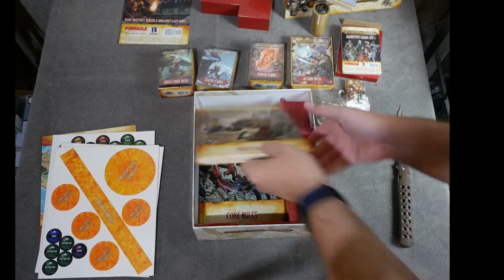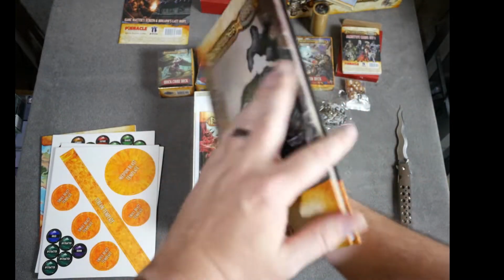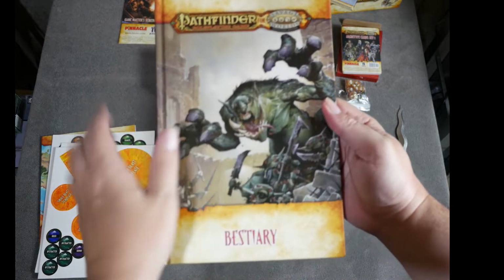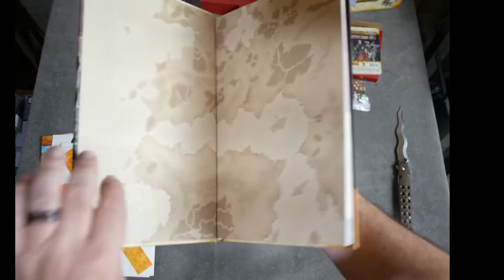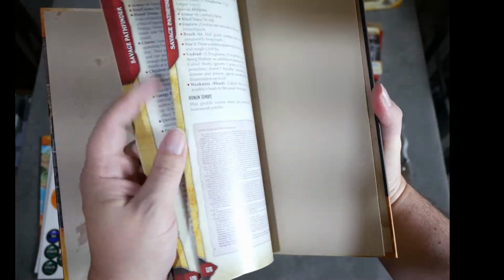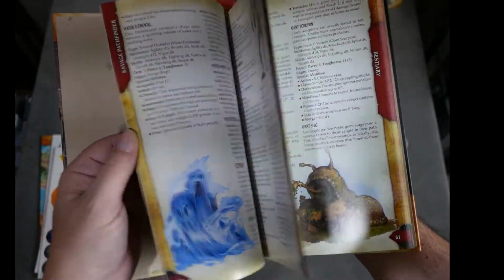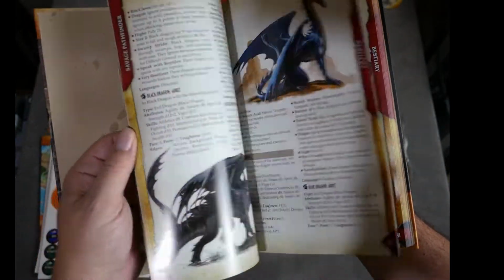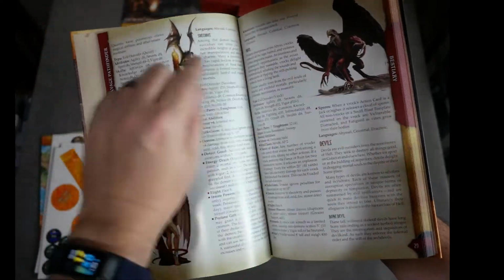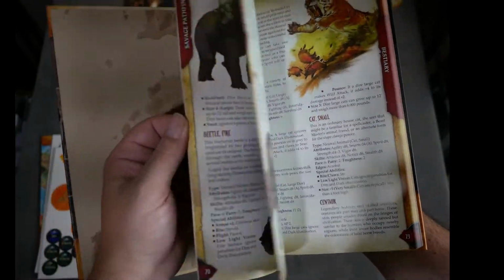The books, okay, they're hardcover books. That's nice. They're in the standard Savage Worlds size, which again is a little bit smaller format compared to like the actual Pathfinder books. Here's the bestiary. 128 pages. It's got all the Pathfinder art. It looks exactly like, you know, Pathfinder first edition series book. It's got a little bit, the tabs over here, a little bit more Savage Worlds-ish. And of course, obviously, you know, it's got,